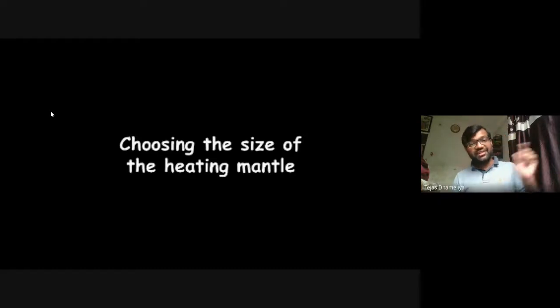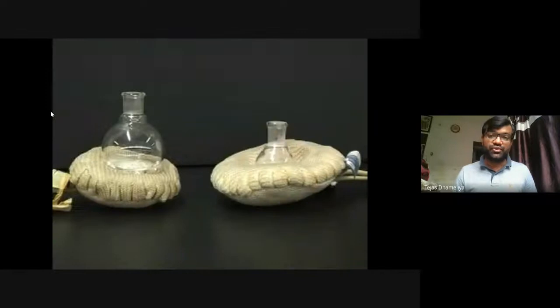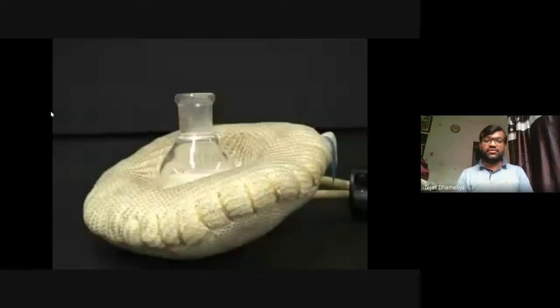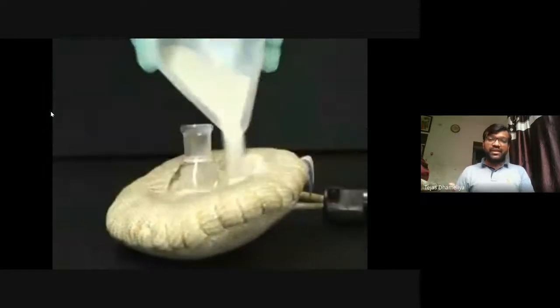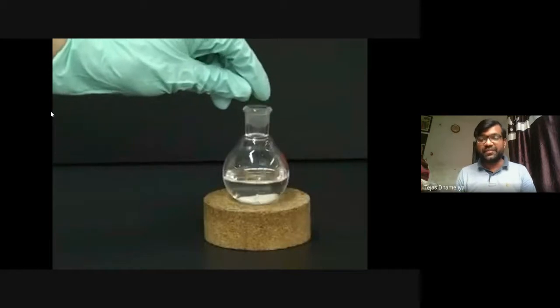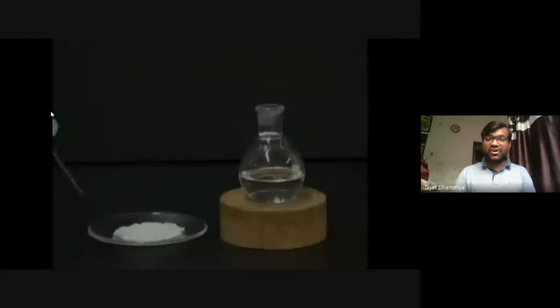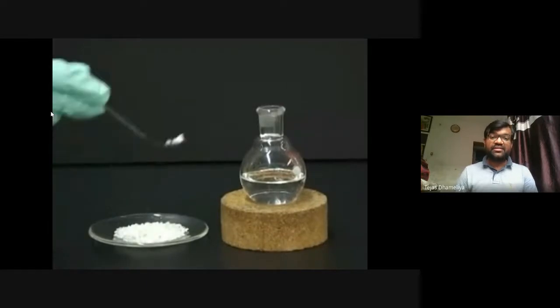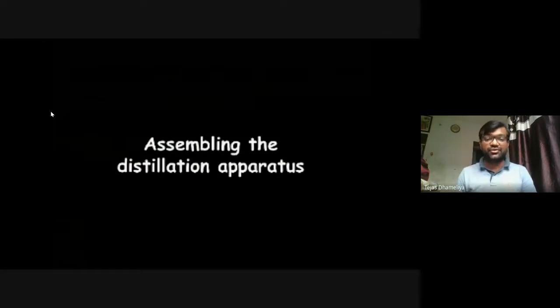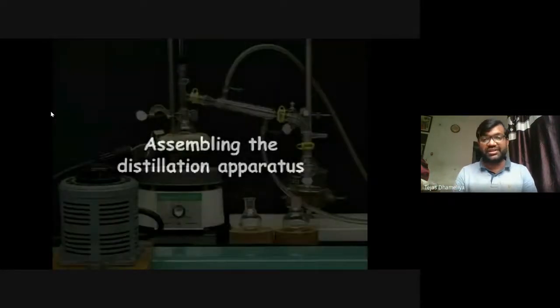So depending upon the size of the flask, the heating mantle should also be chosen. So for example, this is not a good option because the heating mantle itself is small and the conical flask is big. Okay, so that should not be used. If the heating mantle is too big, then we should add the sand, which was shown previously. Now the example in this documentary, they are utilizing this, and porcelain pieces have been added so that bumping is avoided.